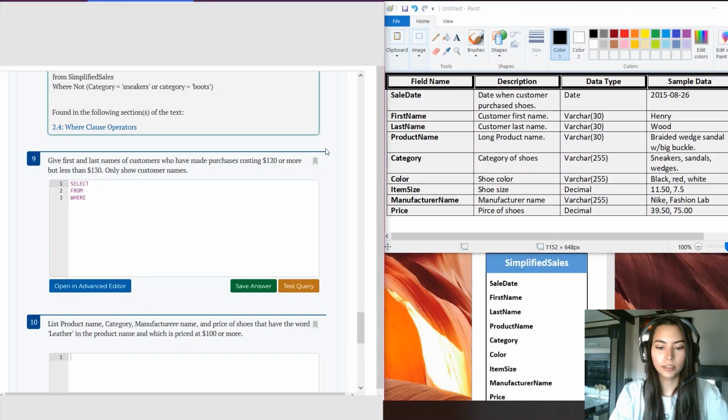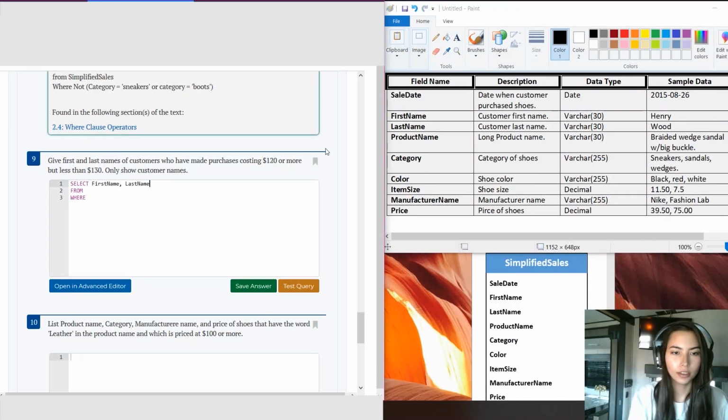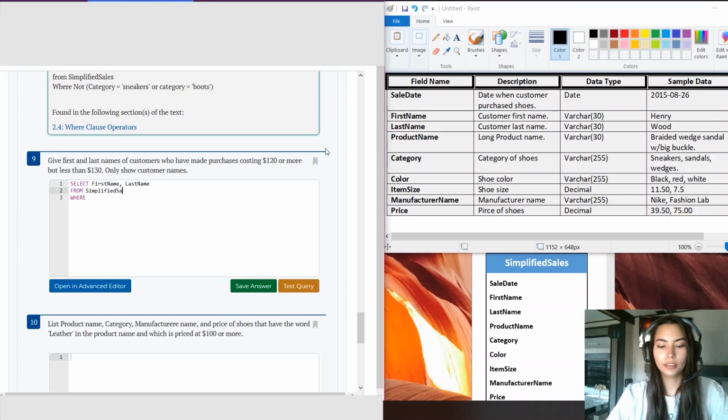So we know that in order to do that, we need to print out first name, last name of customers from simplified sales who have made purchases costing 120 or more. So we need to put price is greater than or equal to 120